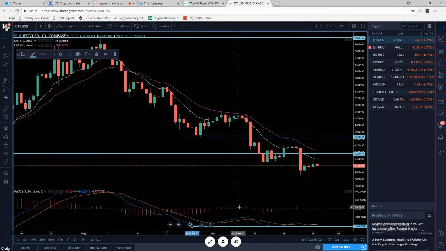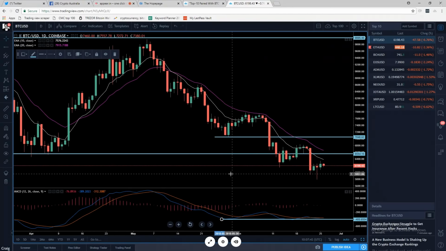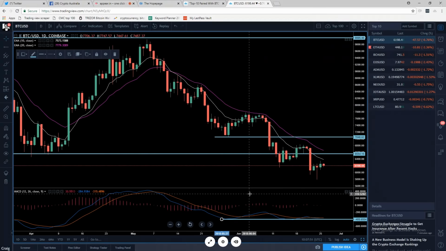I don't take trades based on the MACD solely, because it can be a nice indication as to when momentum is starting to wane. Now, that doesn't necessarily mean it's going to play out. Keep that in mind. Just because we've got divergence, I don't want people to go, oh, divergence, I'll buy there. No, don't do that. It's just an indicator that helps me decide whether there's a high probability of continuation or perhaps not.